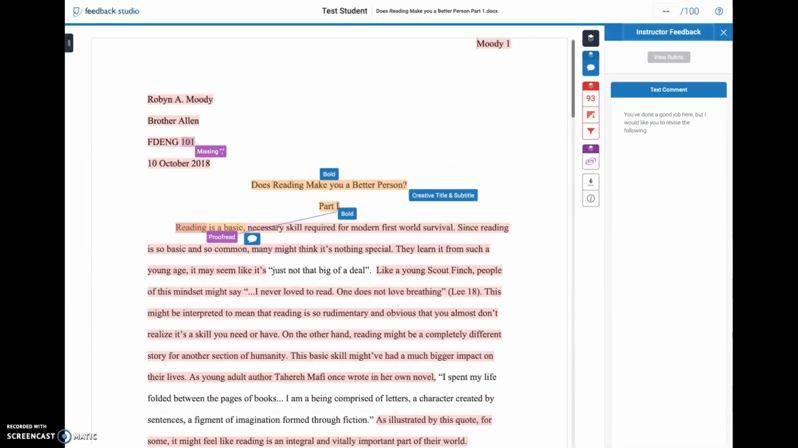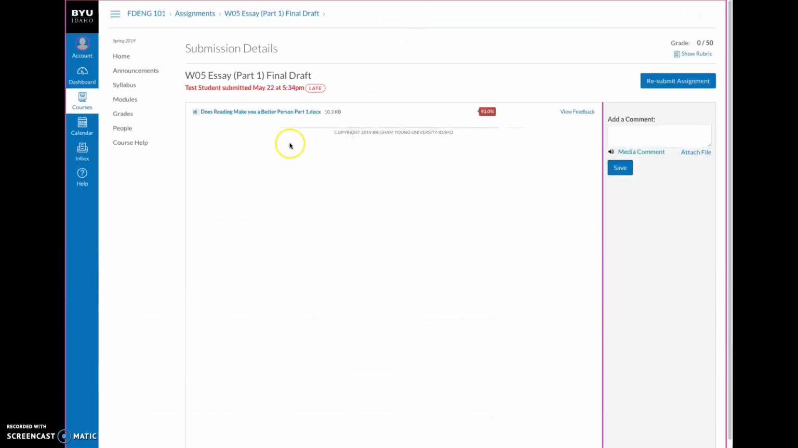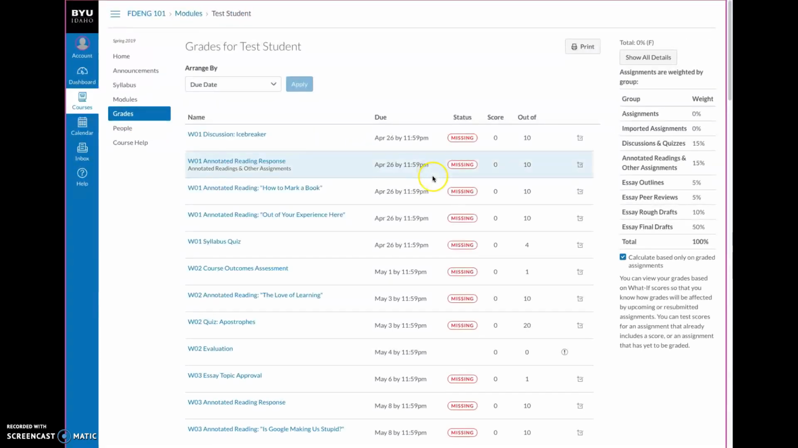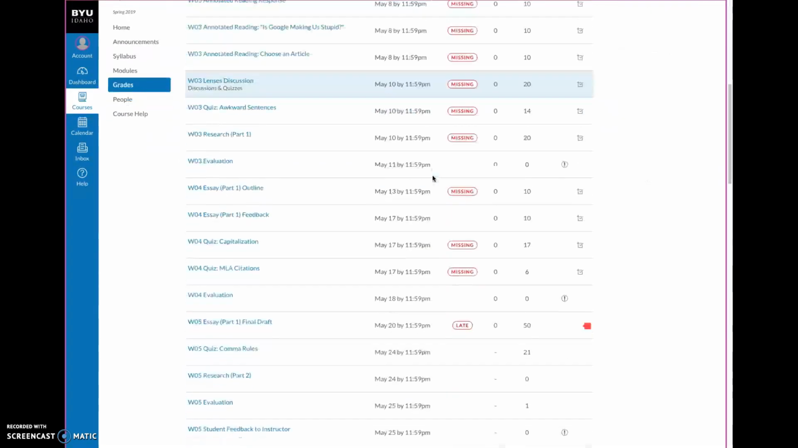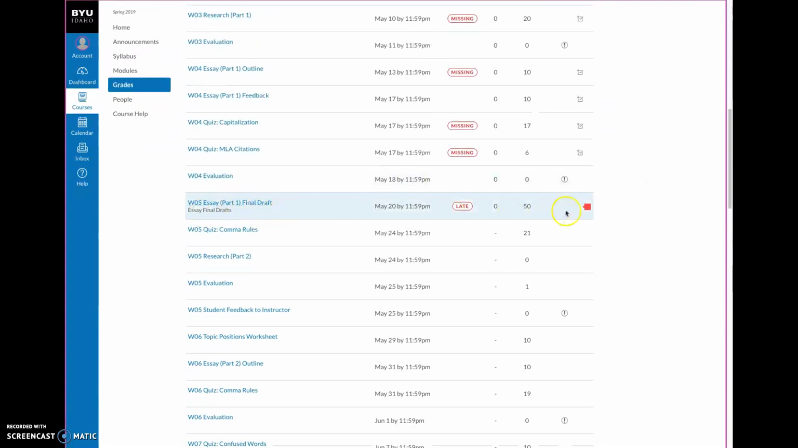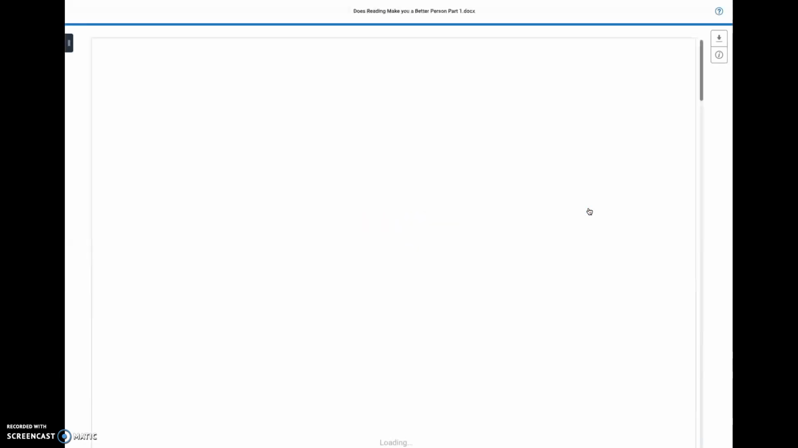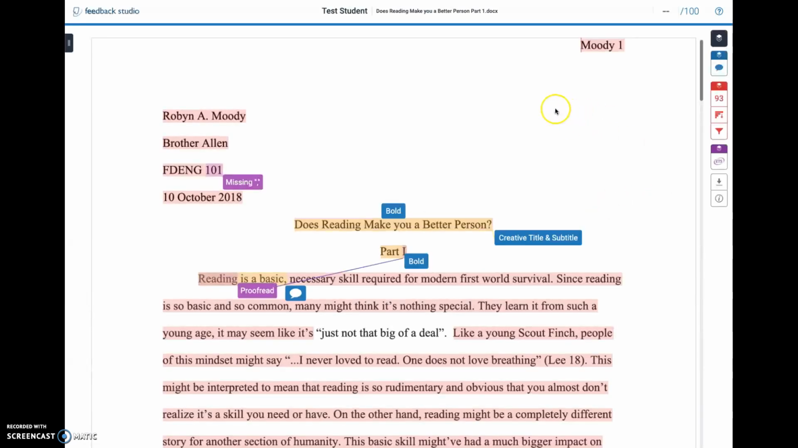The other way you can access that in Canvas is if you go to your grades, you can scroll down to that same assignment, and then that little bar shows up over here as well. That's your originality report, and it'll bring up the same little window as well. So that's how you access your feedback